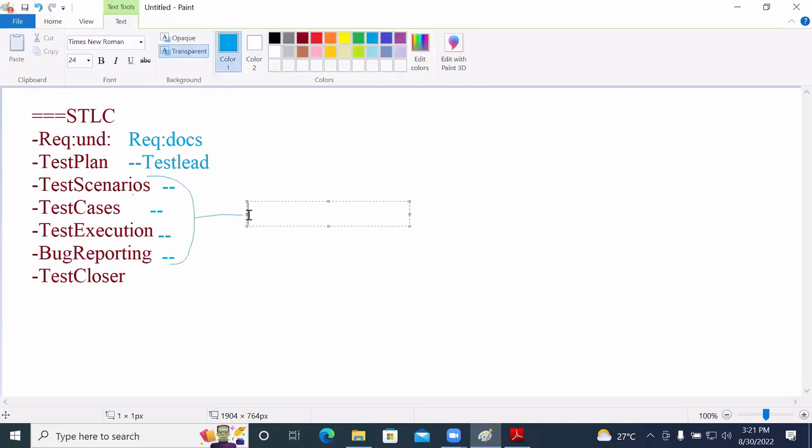So as a tester, you need to mention that you take care of test scenarios, test cases, execution, and bug reporting. And what is the last activity? Test closure. Who has to take care of test closure? Lead or manager? Or both the people?